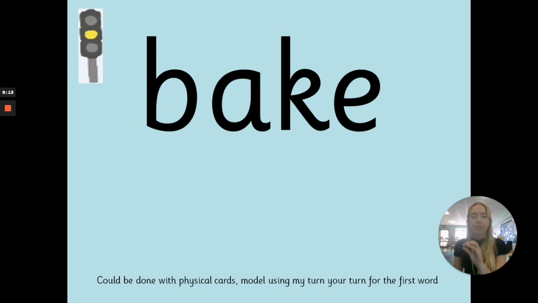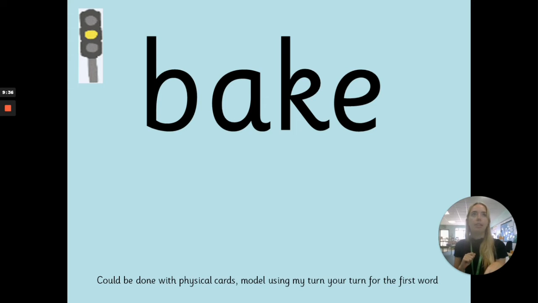So here I've got on my slides different words. But this can be done with physical cards, okay? So if you want to use flashcards, or if you want to model on the whiteboard, you can do that. And Hannah recommended that these words are the first 3 or 4 words on your reading mat, just so that the children have got that part guided, and then they can do the rest of the words on the reading